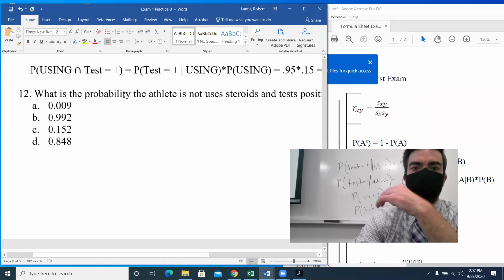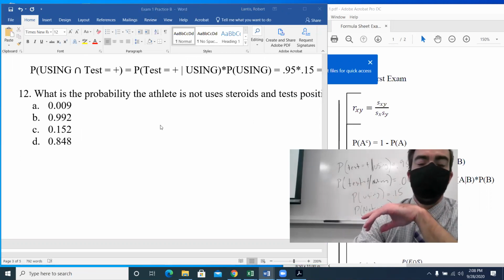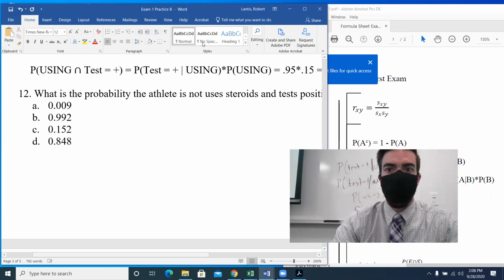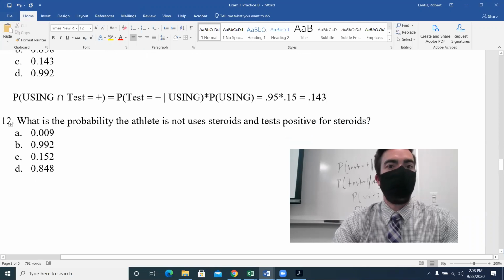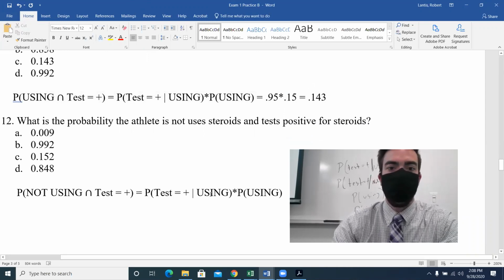Now, what if, and I'll skip 12 here because 12 is really the same idea. It's just what if they're not using? So now everything would be exact same. It's just now what's the probability they're not using? Okay, I'll mention that chat question in just a second. So this is really the same question as 11. It's just now what's the probability they're not using and test positive. So we literally could take the exact same equation, but everywhere we were saying using before, now we're saying not using, right? And it shouldn't be that much more difficult